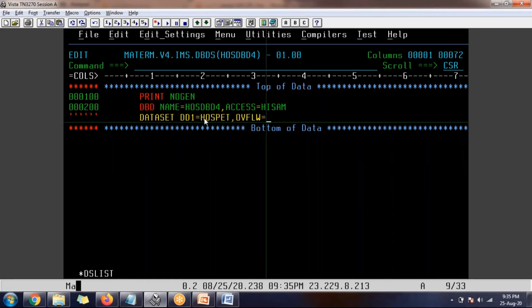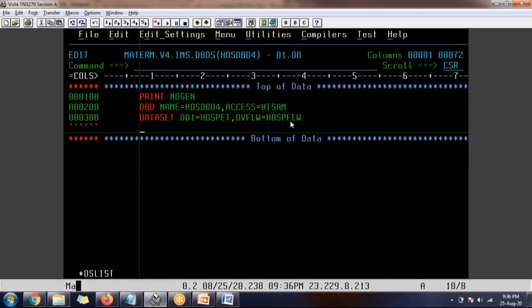Asphotel and HOSPFLO after the equal sign are user defined. Before the equal sign, these are the macro operands. You can give anything, I am perfectly fine. So this is done, team.